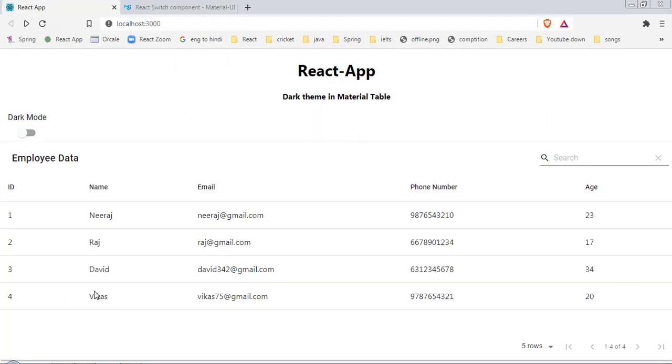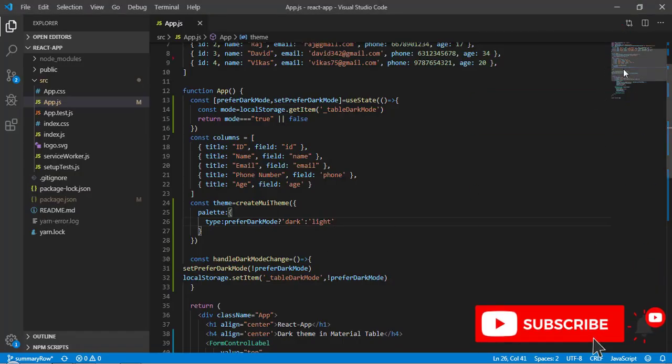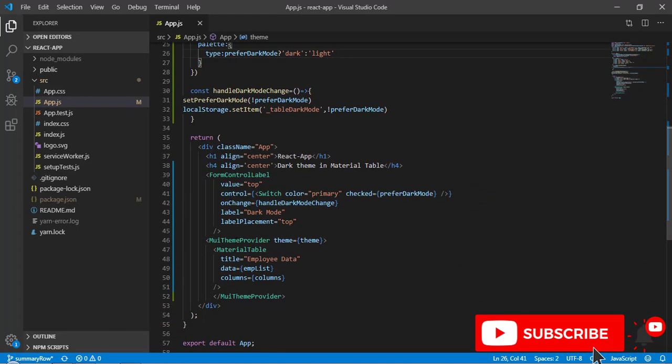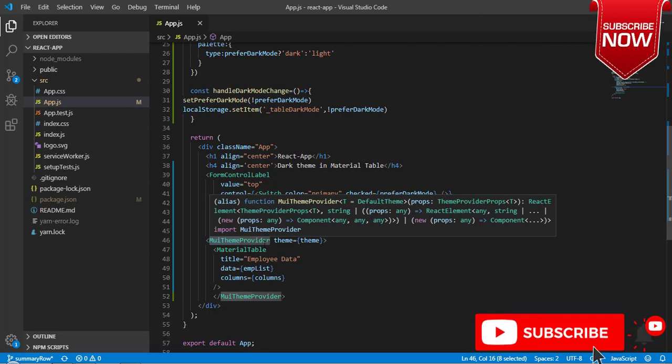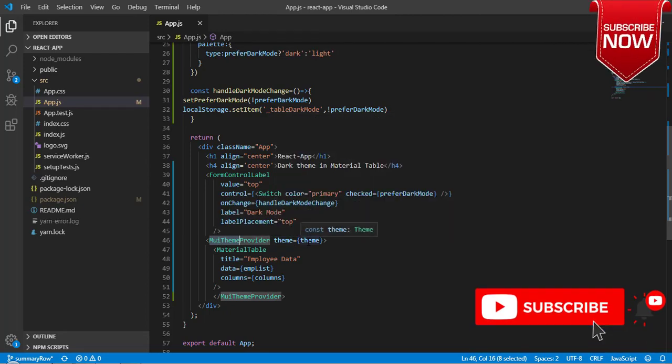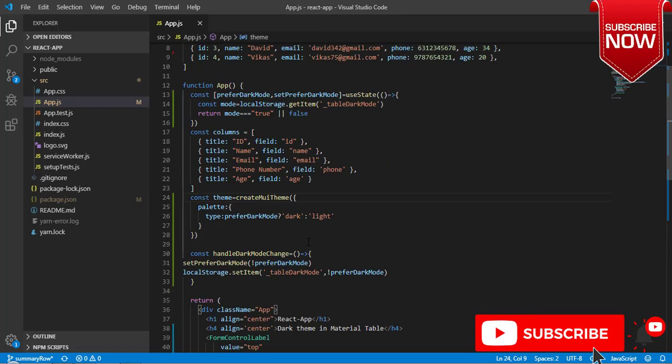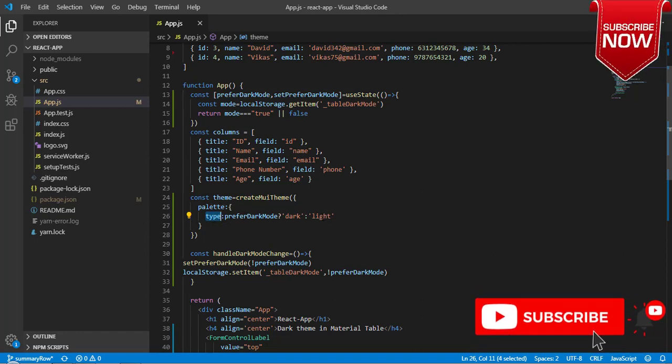Okay guys, so here what we have done is, first of all we have wrapped this Material Table component in MUI ThemeProvider, and this is going to take a theme. We have created this custom theme here. This palette is going to take the type, and the default value of type is light.